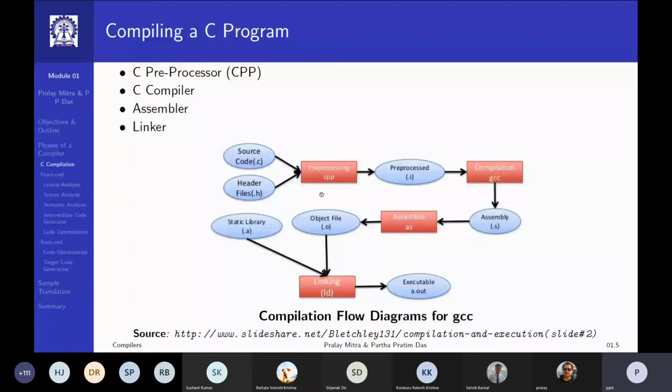We are not going to implement preprocessing, nor the assembler, nor the linker. What we'll assume is that these components, preprocessor, assembler, and linker, will be used from GCC.